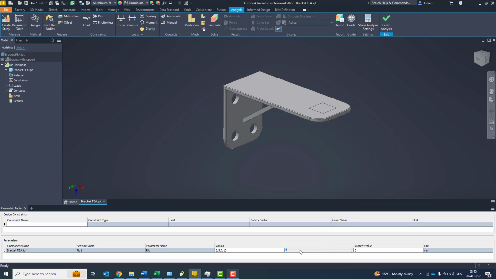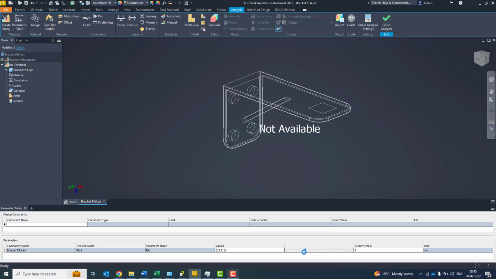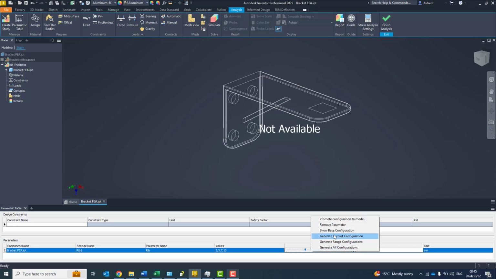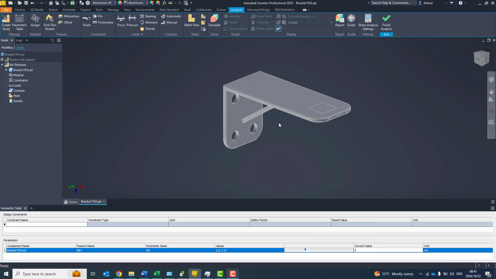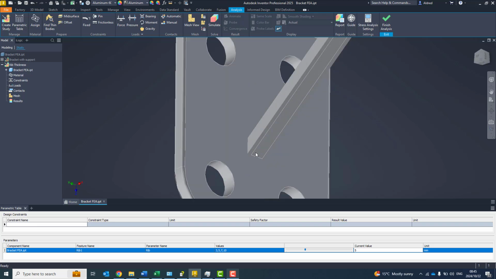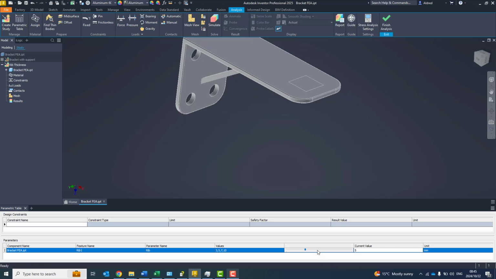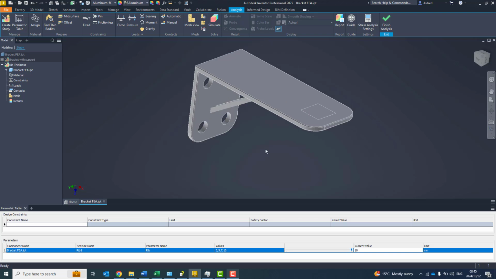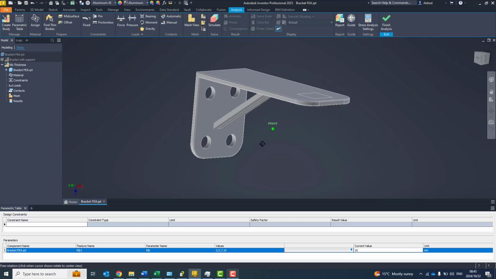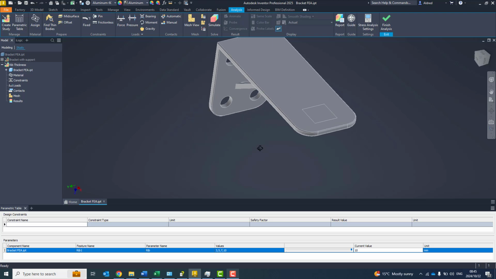So if I sort of put it up to 5 over here, I can right click and say generate current configuration. So it'll generate that 5 over there. So you can see there it is thicker. Now, what I want to do is I want to generate all configurations. So it's going to go, you'll see this actually getting bigger as you go through. So there's my 7 and then my 10. Okay. So now, once that is done over there,